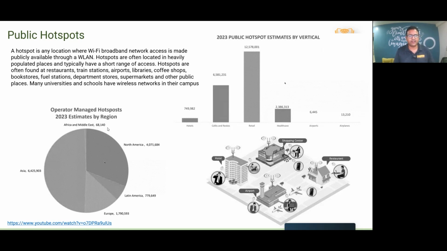You are using these hotspots, and the number of hotspots continues to increase at a very high rate. If you can see some of these graphs, it shows that there are almost 12 million hotspots in the retail space, right? And then there are cafes, restaurants, healthcare facilities, airports, and so on. And there are literally millions and millions of hotspots all around the world. And what is a hotspot? A hotspot is basically a public location where there are a lot of people going to be there. Either they're already there or they're going to come and leave, and it's like a busy place where there is